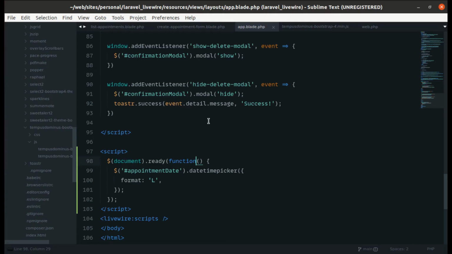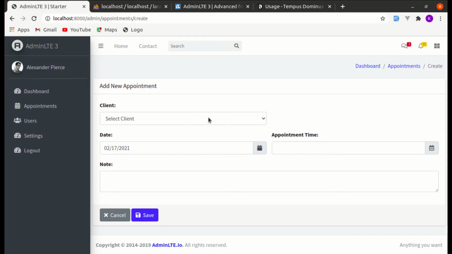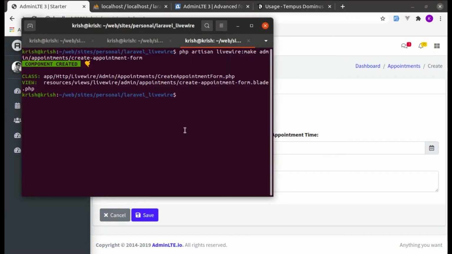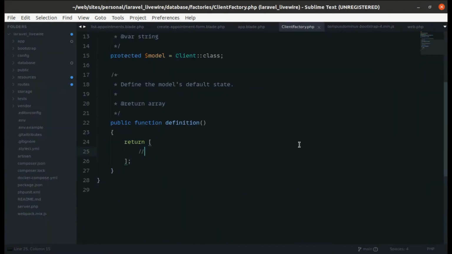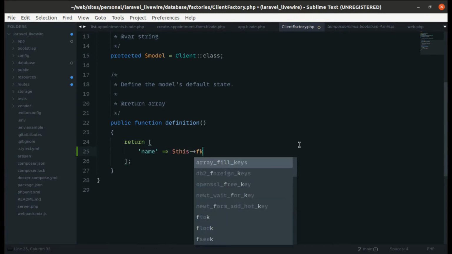So let's list the list of the clients over here. So let's do PHP artisan make factory, and the name is, let's say, client factory. Let's go to client factory, and over here let's do name, this faker